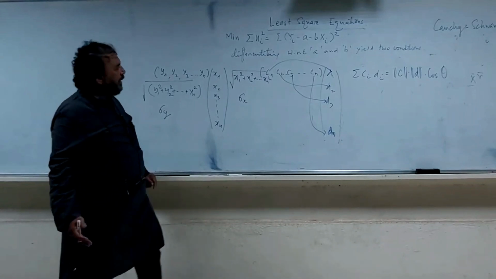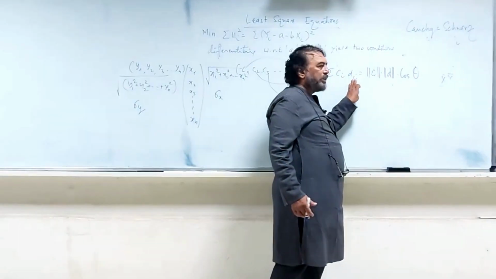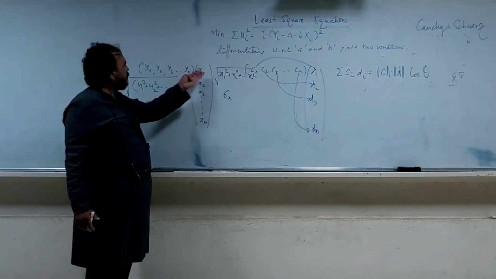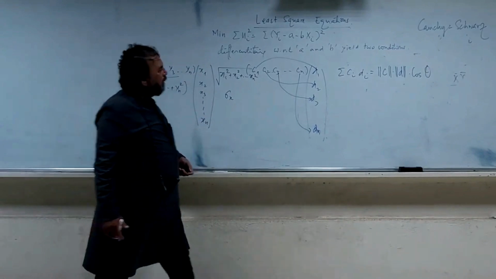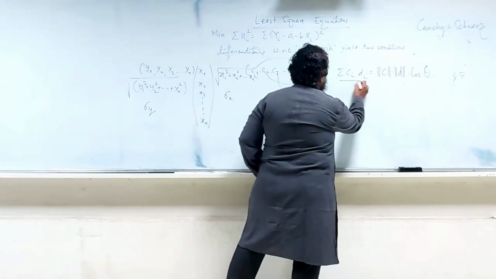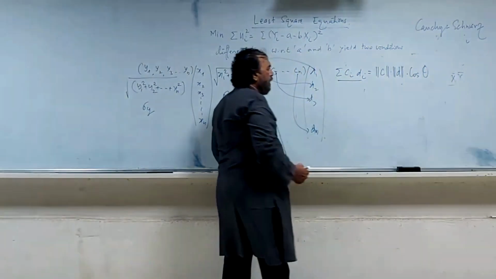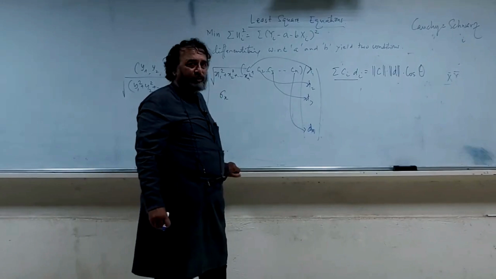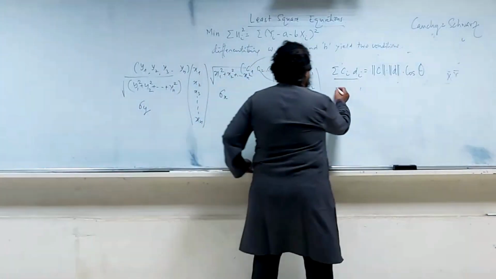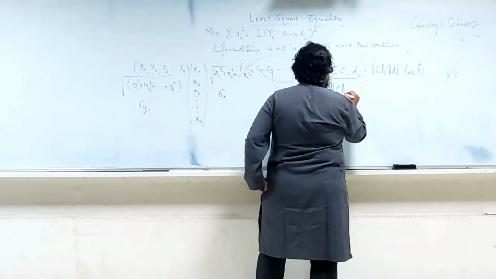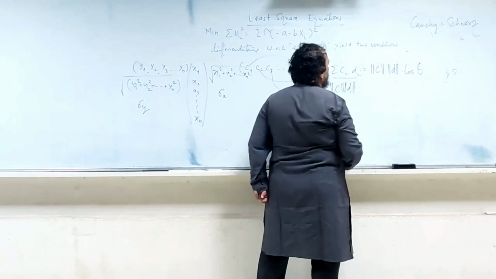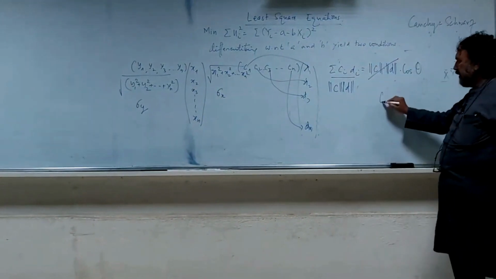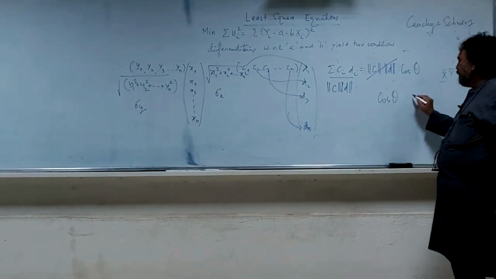And if we look at it as a simple sum, it will be deviation-wise products taken, that is y1 into x1, y2 into x2 and so on. So this is something which is called covariation, and these are the standard deviations. And if we solve for this, what do we get? We get cos theta. So if I divide both sides by the length of C and the length of D, what I get is cos theta. And as we know, cos theta is a function that always varies between